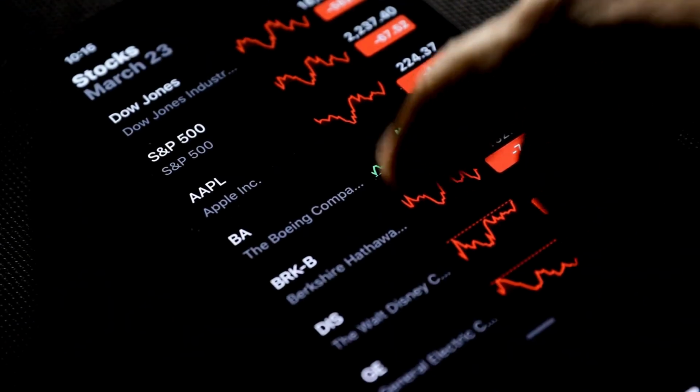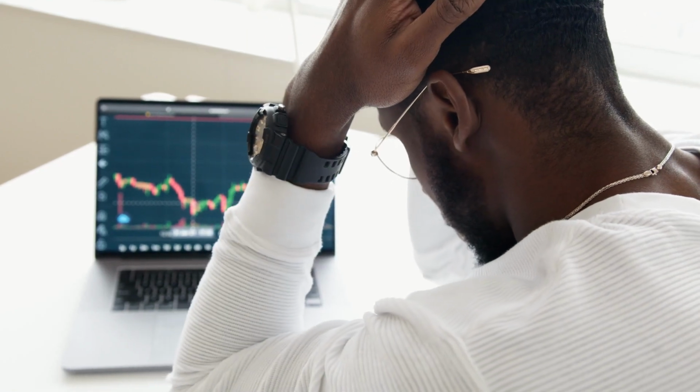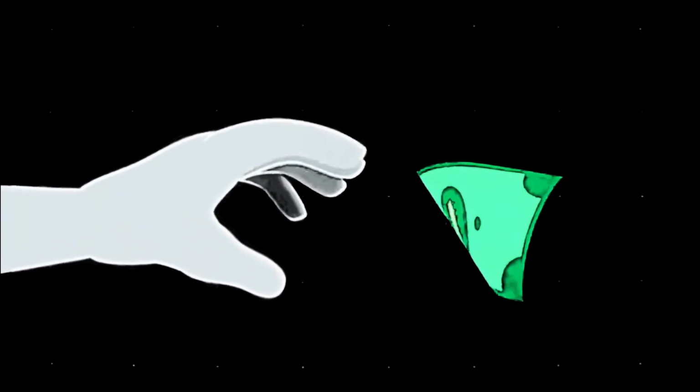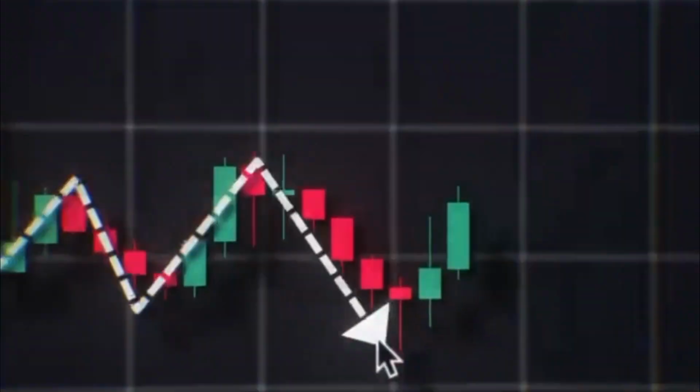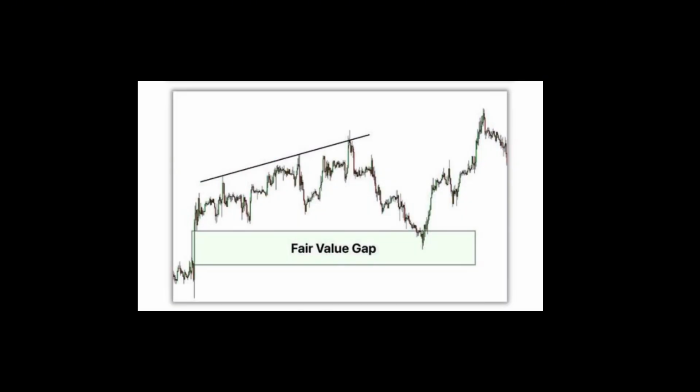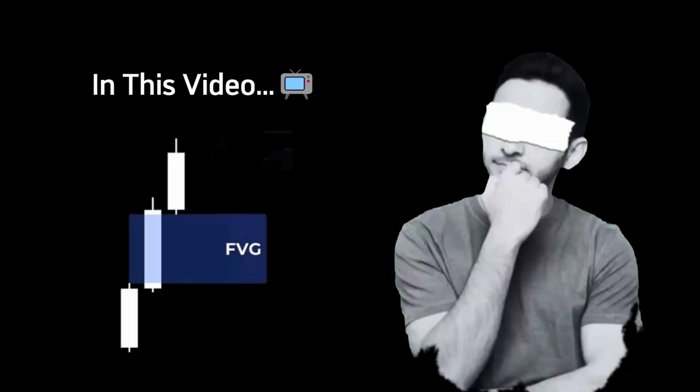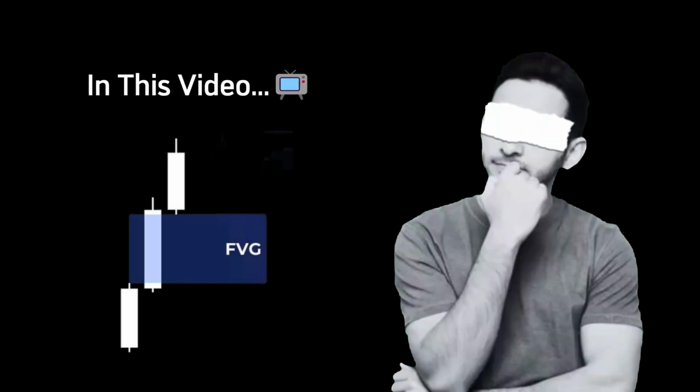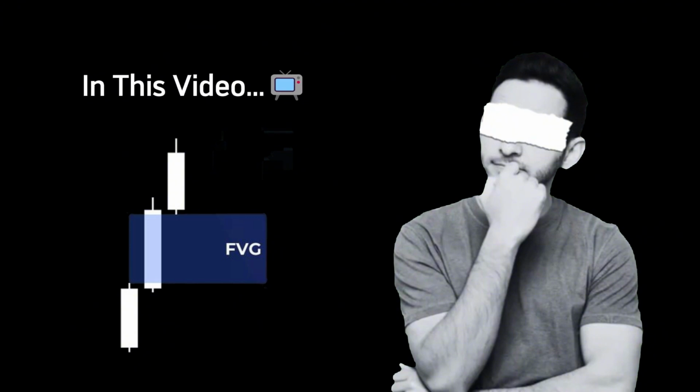In a world of finance, traders are always looking for an edge to help them generate profits. One strategy that has gained popularity in recent years is using fair value gaps in trading. In this video, we will teach you all about the ICT fair value gap, from their formation to identification and their use in live trading, from understanding